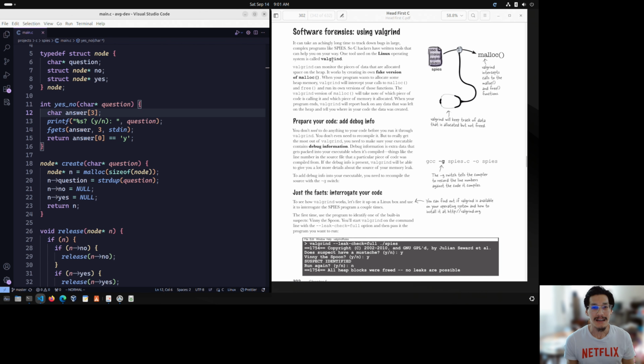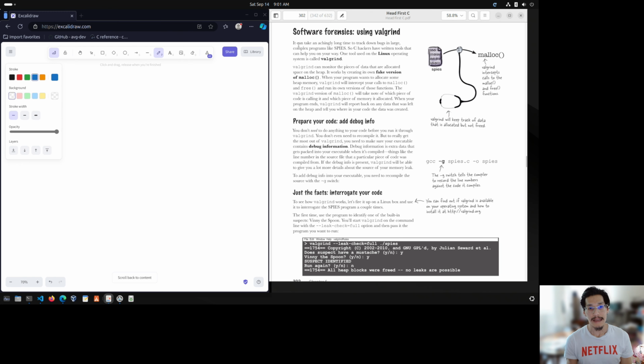Okay. Software forensics using Valgrind. It can take an achingly long time to track down bugs in large complex programs like spies. So C hackers have written tools that can help you on your way. One tool used on the Linux operating system is called Valgrind. Valgrind can monitor the pieces of data that are allocated space on the heap. So things that have